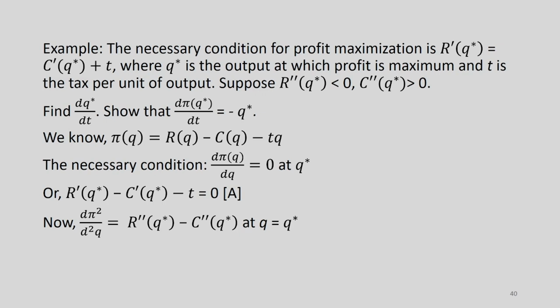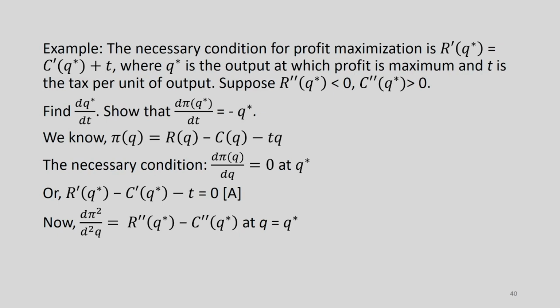So, here is an example of how this property can be used in practical terms. Here is the example, I am reading it out. The necessary condition for profit maximization is R dash of Q star is equal to C dash of Q star plus T, where Q star is the output at which profit is maximum and T is the tax per unit of output,